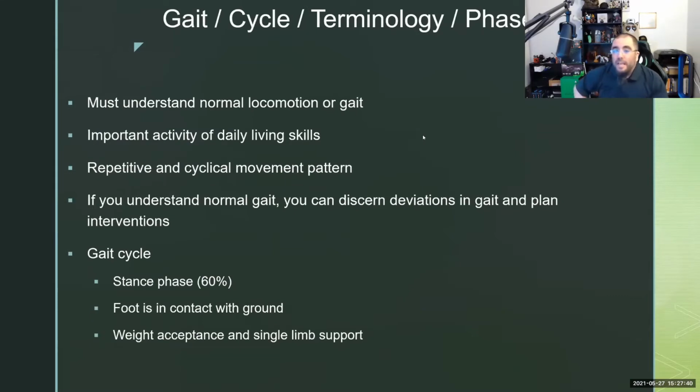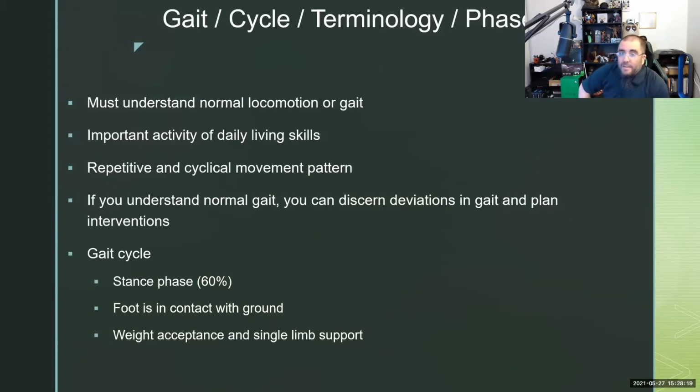So you must understand normal locomotion or gait before you understand pathological gait or bad gait. Gait is probably one of the most important activities of daily living. If we can't walk most of the time, we can't do most of the stuff we can do, right? And also a lot of times, being able to walk or not may be a sign of whether a person actually qualifies for disability or not, right? Because if a person works in a job where they have to walk and stand and now they can't, that could potentially qualify them for disability.